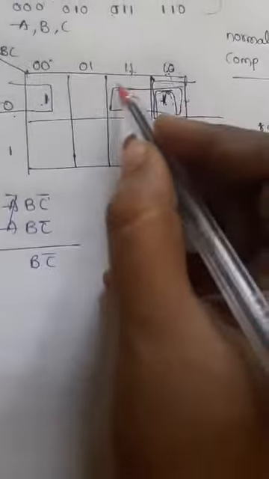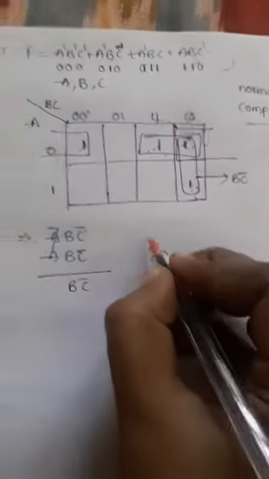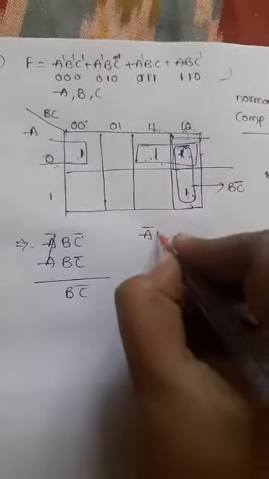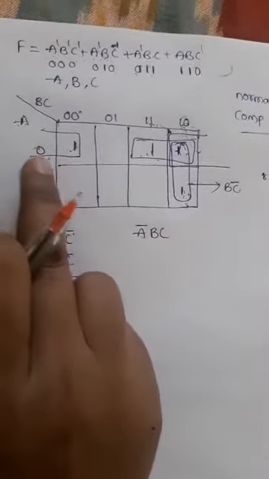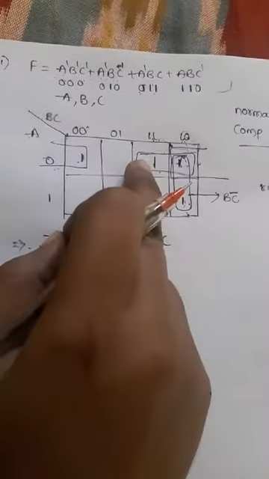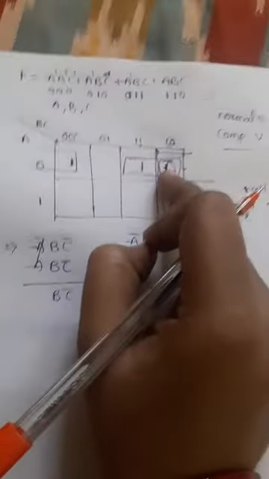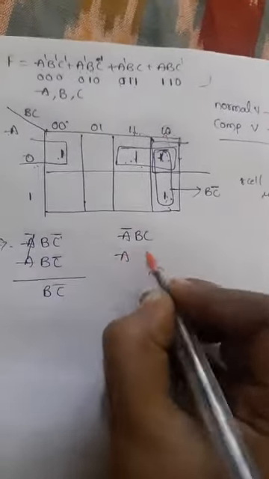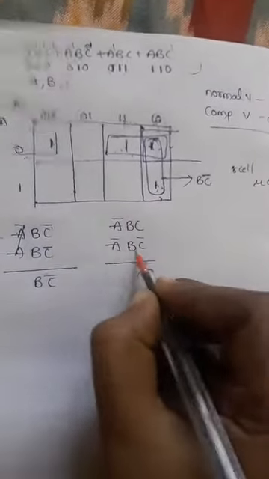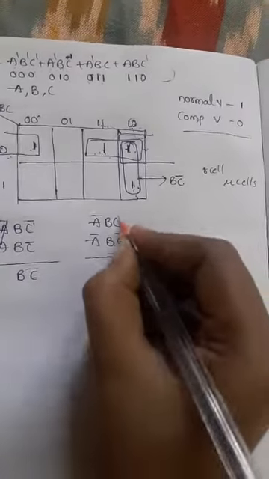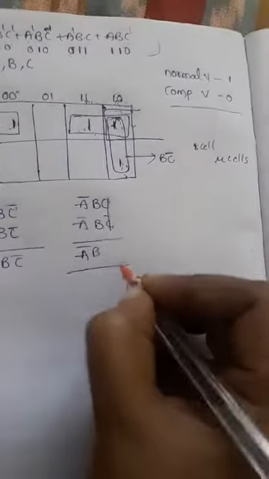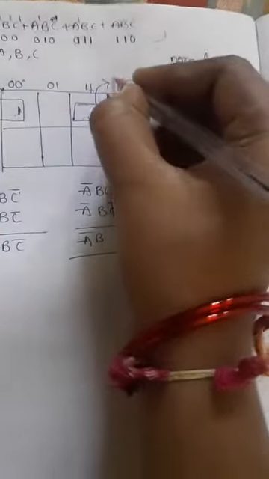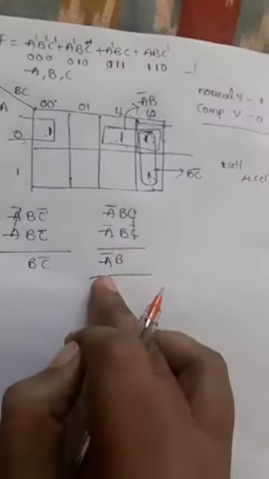Now coming to the next group. Directly we go for this cell, that is 0 1 1. So 0 1 1 is A complement, and 1 1 is B C. Now we go for the next one, this one, so this one is completed. Next we go for the adjacent cell, that is 0 1 0, A complement, B, C complement. The C complement is the changing variable, so you can write it directly as A complement B. So the prime implicant for this is A complement B.